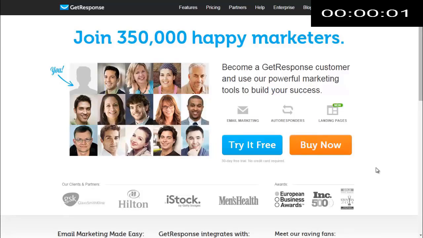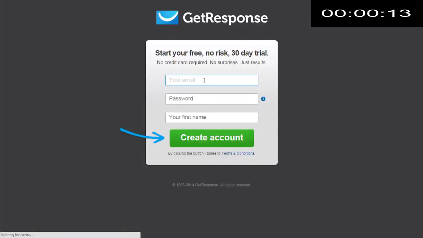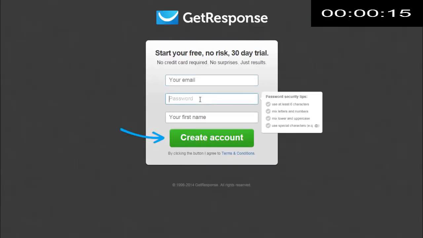In order to set up an email campaign with GetResponse, we have to sign up for an account first. So just click on the try it free button to start your 30-day trial. After which, if you feel that you want to continue using GetResponse, then you can just go ahead and make payment for it. Here you just have to enter your preferred email address along with your password and your first